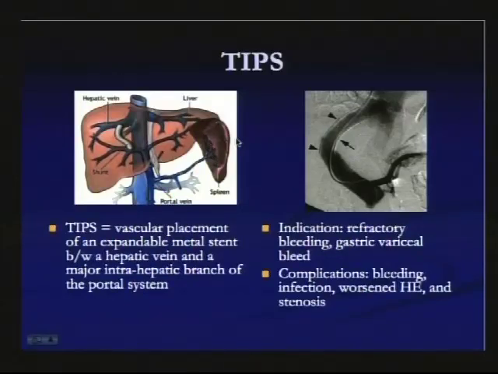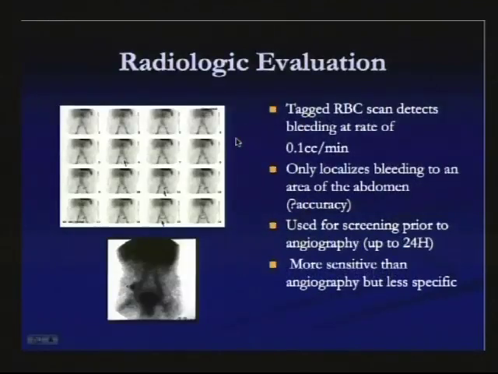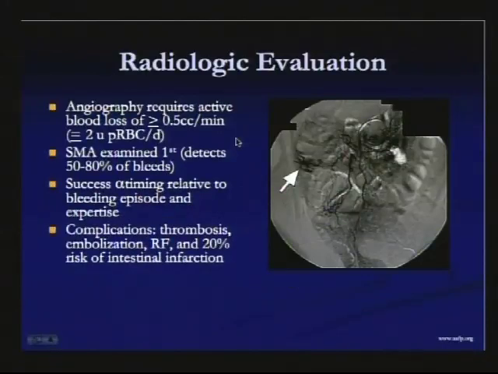I'm just going to skim through this. Other options that are not GI related: TIPS, vascular placement of a metal stent that shunts the hepatic vein with the portal system and decompresses. Tagged RBC scan, that's how it looks with a positive uptake. It tells you the approximate region of the bleeding, but not the exact site of the bleeding. Usually it's used as an initial test, and if it's positive, patients undergo angiography with eventual coiling or embolization of the